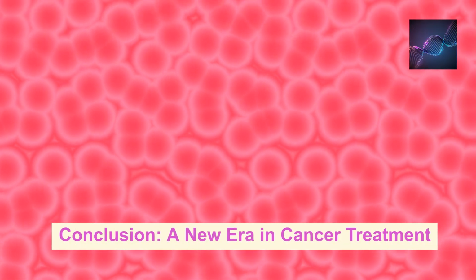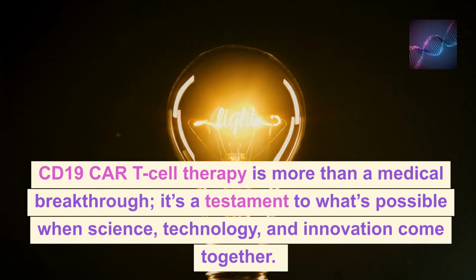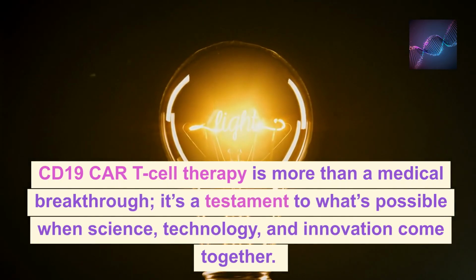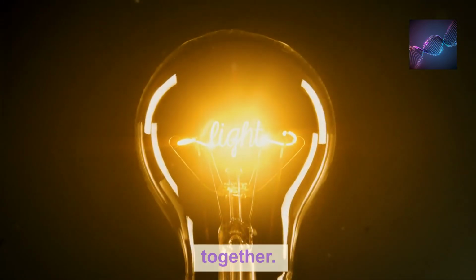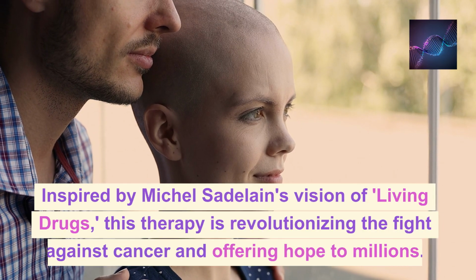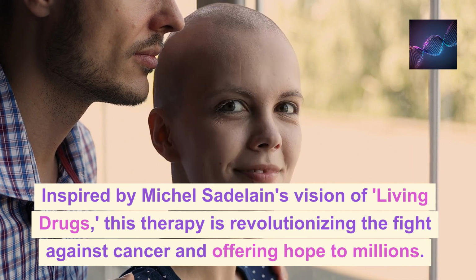Conclusion. A new era in cancer treatment. CD19 CAR T-cell therapy is more than a medical breakthrough, it's a testament to what's possible when science, technology, and innovation come together. Inspired by Michel Sadelain's vision of living drugs, this therapy is revolutionizing the fight against cancer and